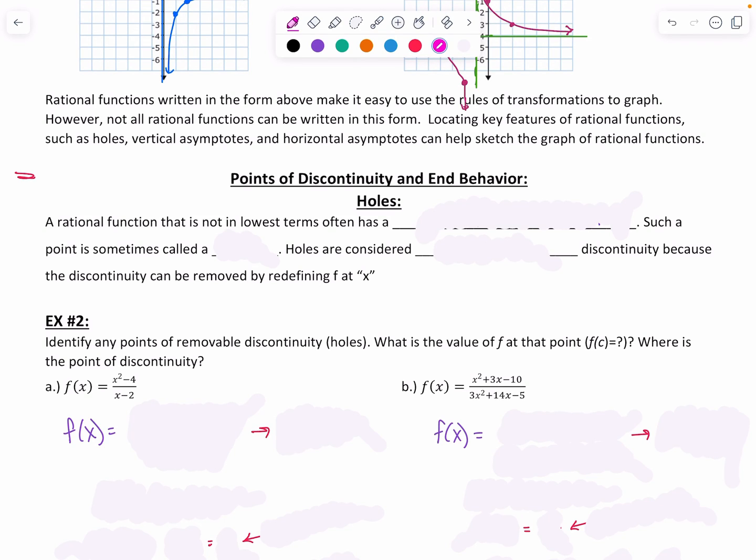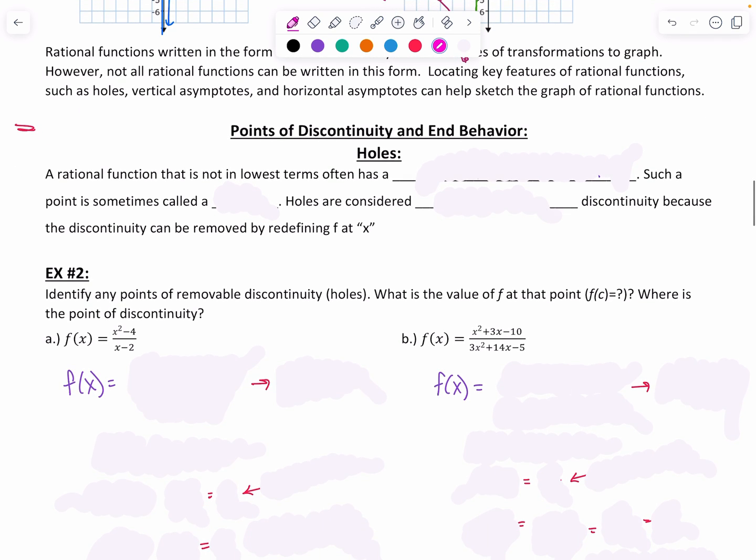All right, so we just talked about how we can graph rational functions when we can use the rules for transformations, but oftentimes the functions aren't written in that form, and so we have to use things like holes, vertical asymptotes, horizontal asymptotes, certain other key features to help us sketch the graph of these rational functions. So let's talk now a little bit about points of discontinuity and end behavior, the first one being what we